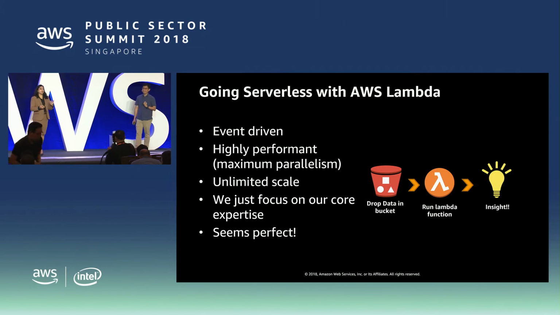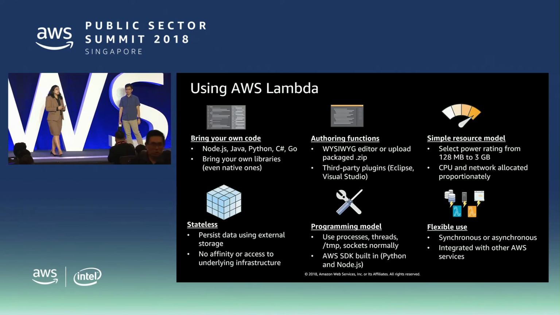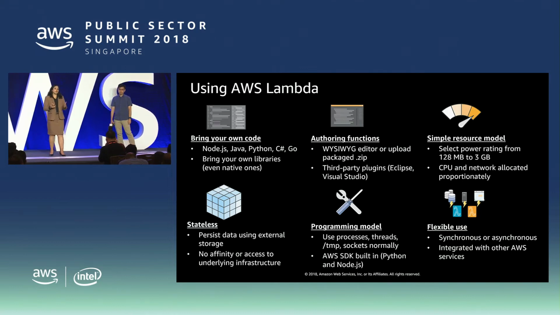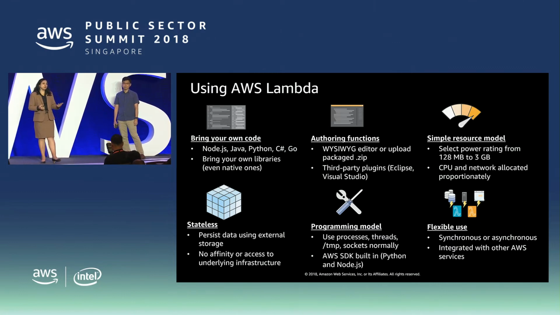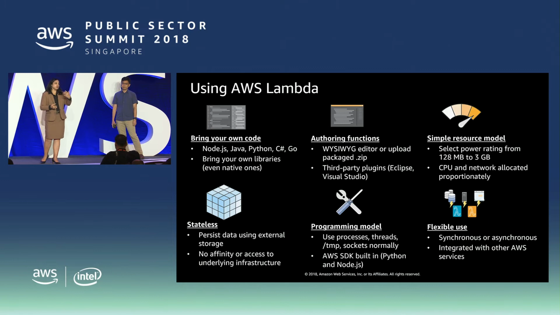OK, cool. Sure. Let me tell you about Lambda's advantages first. With Lambda, you can bring your own code. Lambda itself is a function. You can treat it as function as a service, where an event triggers the Lambda function. The Lambda contains functional code which is executed based on the triggered event, and then it takes certain action, whatever has been configured. It supports multiple languages like Node.js, Python, Java. You can bring even your own libraries, even native ones. You could author functions in the editor, or you could bring your own zip files and use them there.